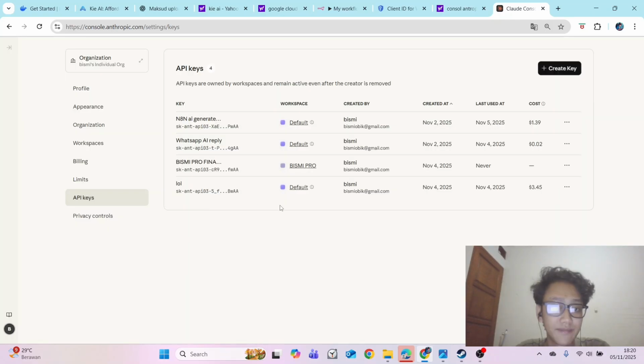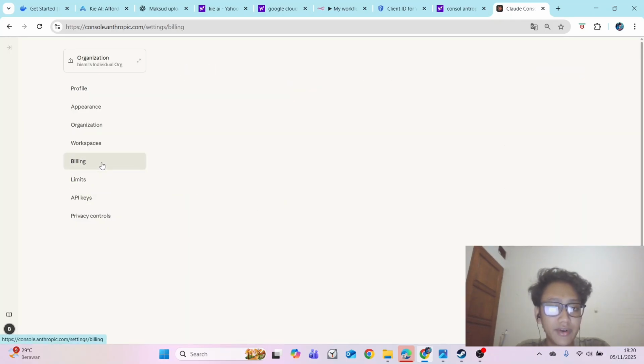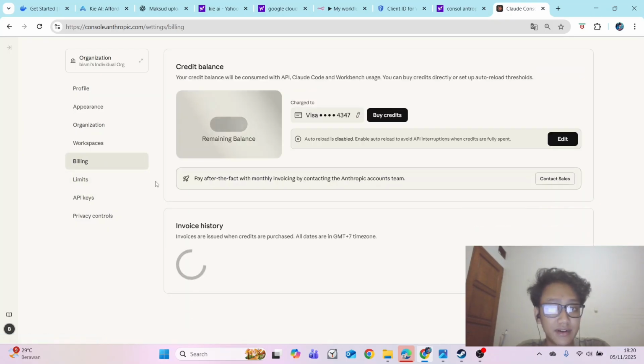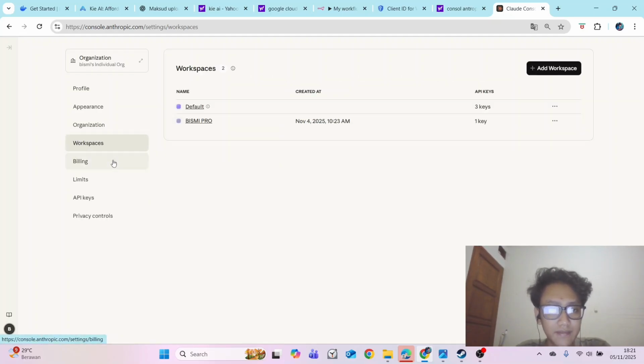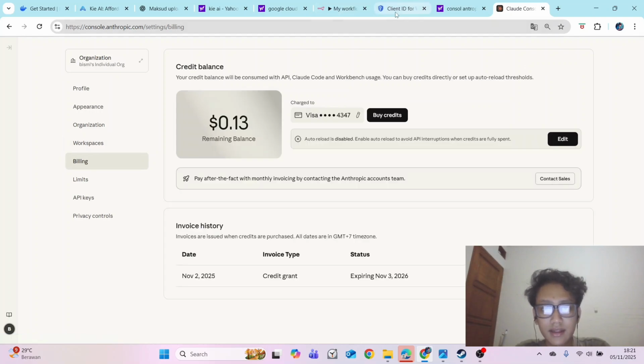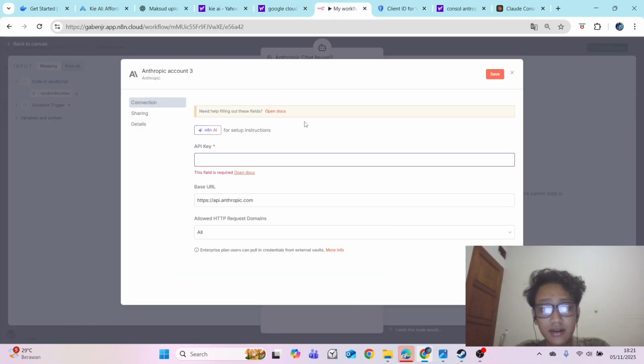You can name it by yourself, okay? And you need billing first. You need billing to execute all of the workflow with AI. For example, $5 is enough for you to execute this. And okay, let's get started from this API key.